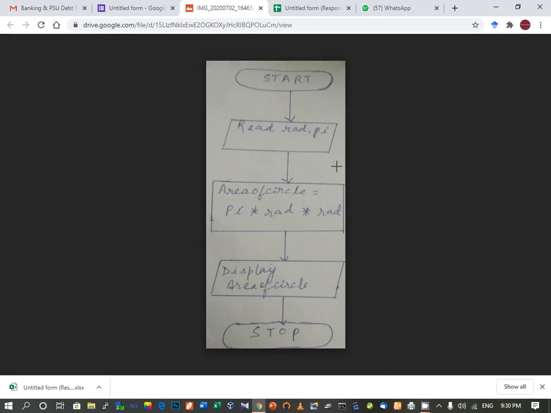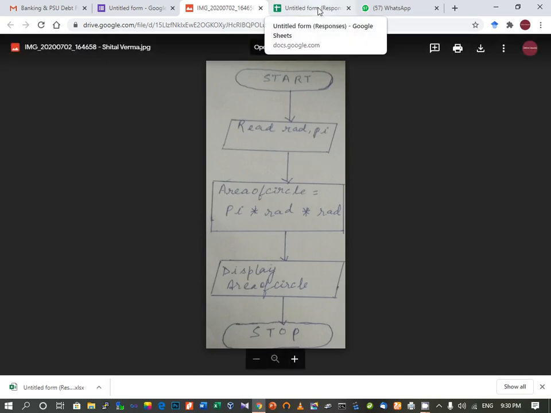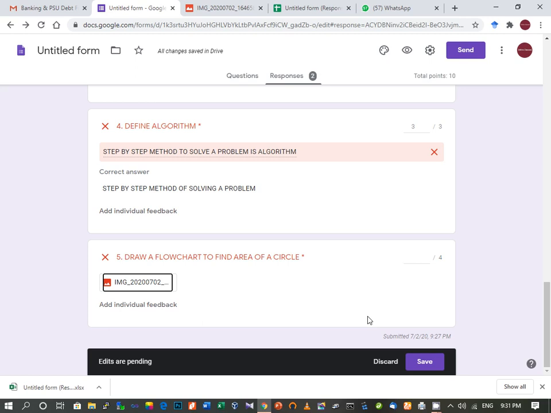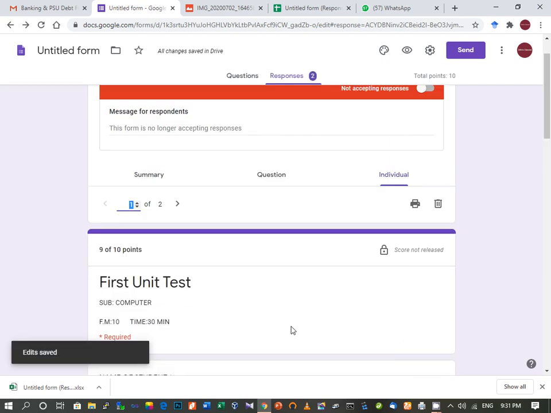So this is also correct one. So I will give full marks for this also. So here I give the marks, full marks is 4. So I give 4 marks over here. So now we will save this response. So now you can see that the marks obtained by the student is now 9 out of 10.